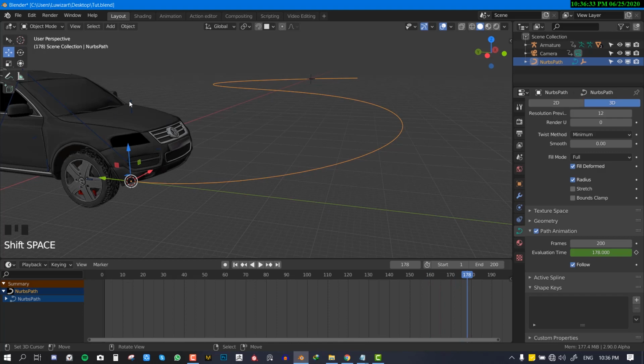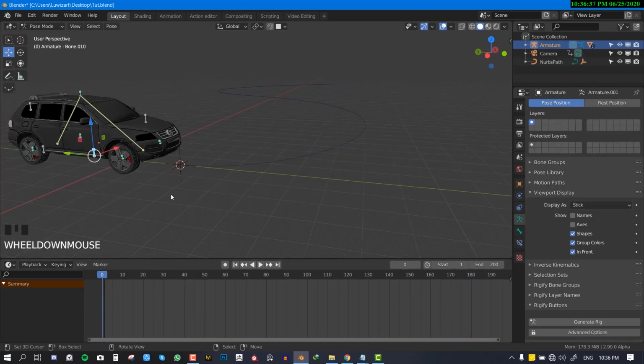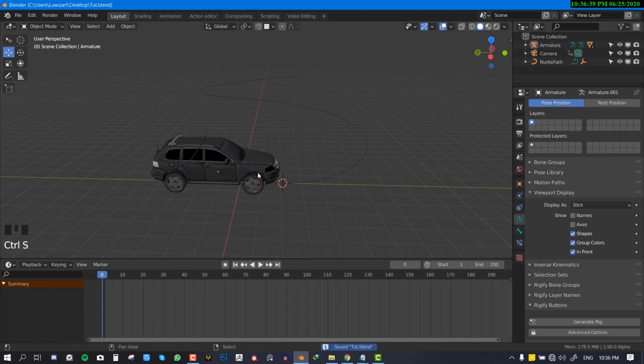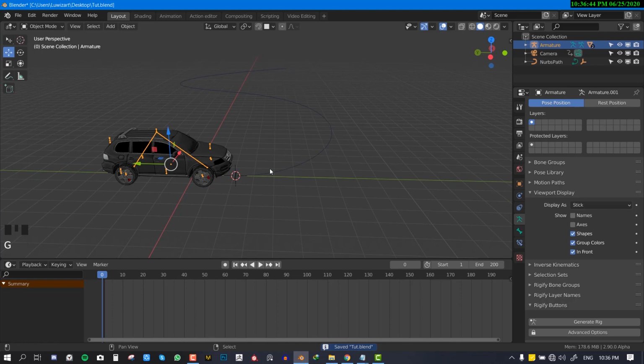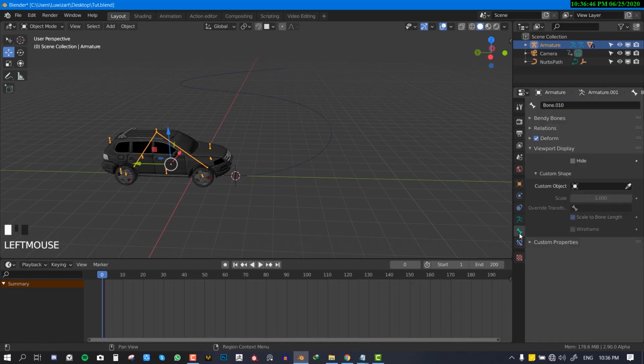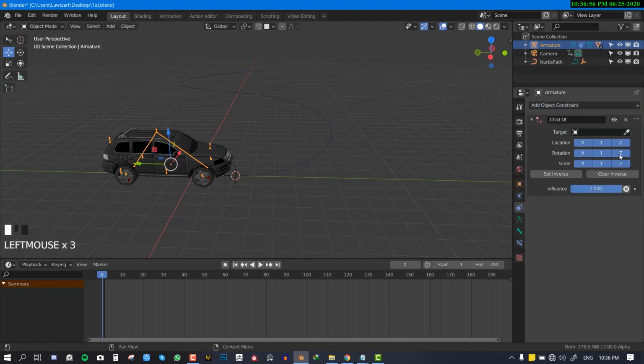Awesome. So at this point, we don't need this animation again, so we can just go ahead and delete this. Now in object mode, we want to select the main object rig. Then go to object constraint, which is different from bone constraint. Once you go to object constraint, which is this one, add child of, and we'll select the empty, and